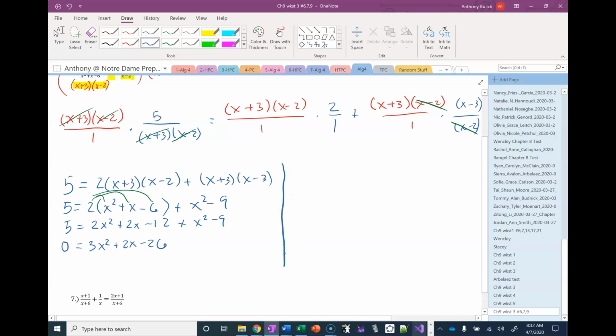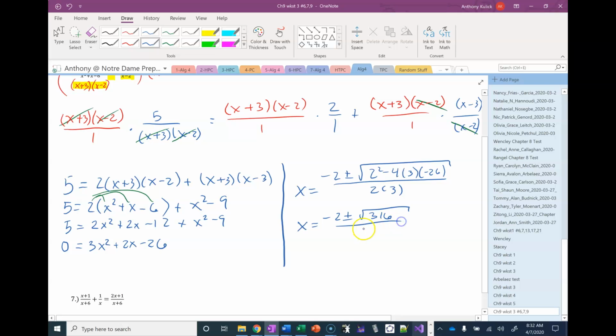Now, I might be able to factor that, I don't know by looking at it, but if I am going to be able to factor that, it's going to be a long factoring because the leading coefficient isn't 1. I'm going to have to do the factor by grouping stuff. If it's factorable at all, which I'm not sure just by looking at it, rather than go through all that for something that might not even factor, I'm just going to use the quadratic formula instead. So if I apply the quadratic formula, let's see, that's